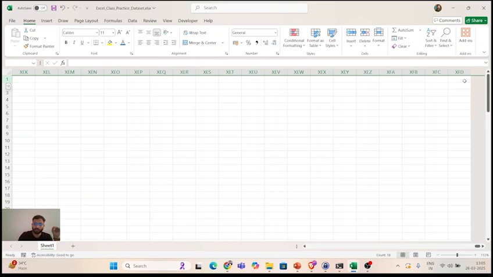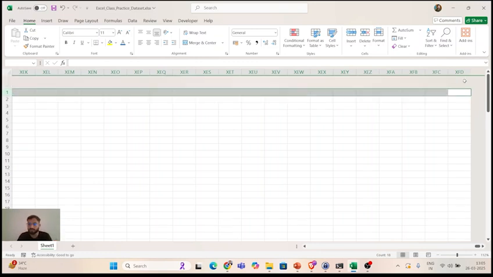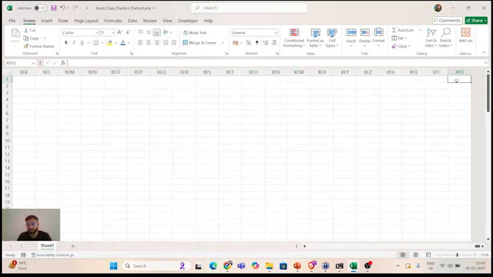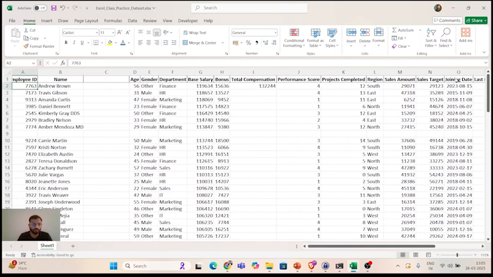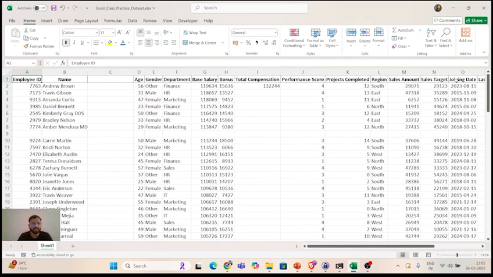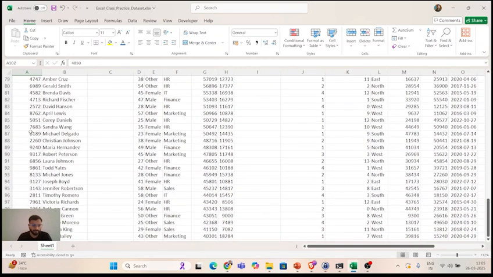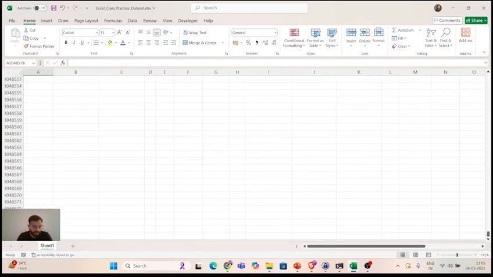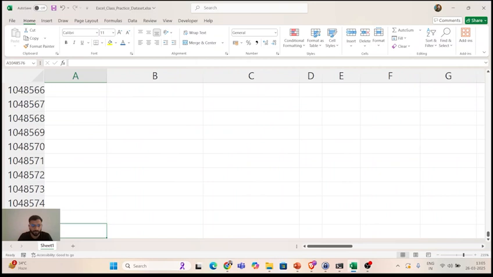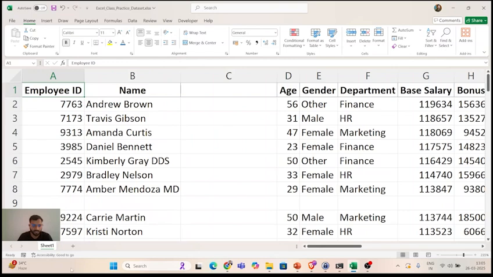So there are 16,000-some columns. You can get the exact number from the internet, but this was important to tell you. And if you talk about the rows, there are roughly 10,48,000 rows. How do we check that? Click on any cell, Control Down Arrow. Since this is blank, it is jumping one by one. But see, 10,48,576. These are the number of rows in Excel. Correct. I hope you are able to understand this.